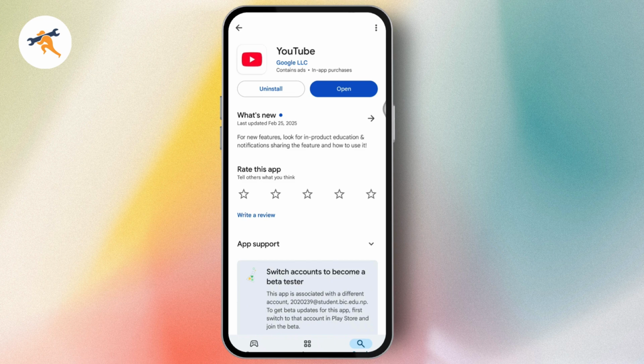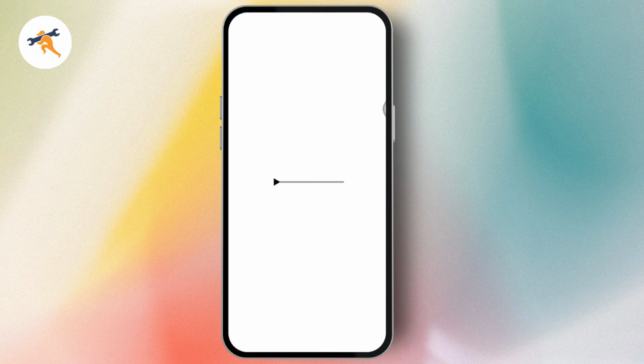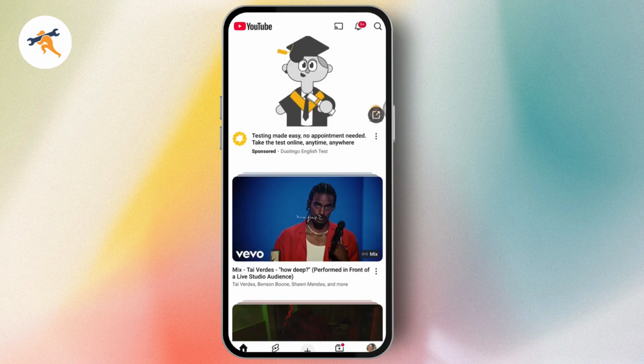It might take a few seconds or a few minutes to download depending on your data, your Wi-Fi connection, and after that it will be installed. You can go with open once it's installed, and you can sign in to your account or create an account, and you'll be able to use your YouTube. So that's how you can